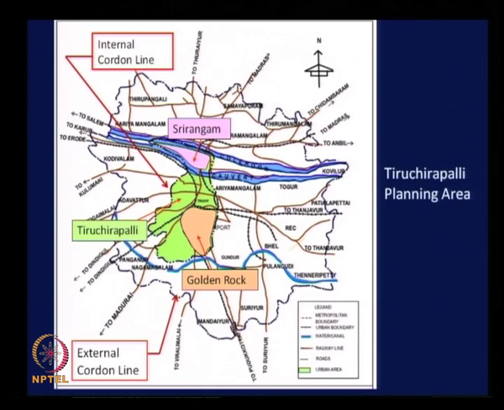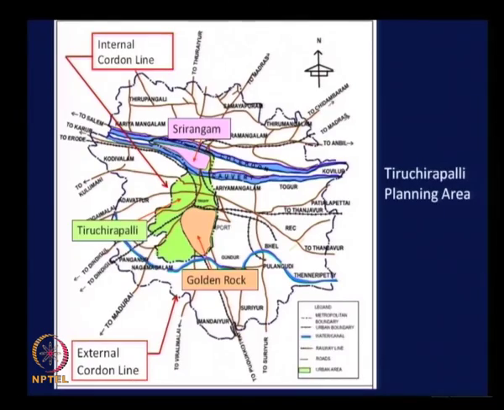It is very clear, the internal cordon line also follows an administrative boundary, a municipal boundary, and the external cordon line is fixed again following the adjoining panchayat boundaries, which are revenue boundaries. You can see the shape of the external cordon line, it is not very smooth, quite odd, because we are just trying to match the boundary lines already followed for other studies. Clear? We will stop here